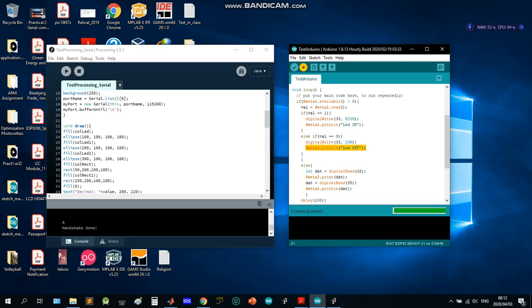Actually, we also need to have a video for the Bluetooth module. Remember, in your project, you need to demonstrate the Bluetooth application as well. So yes, I'm going to do another tutorial for